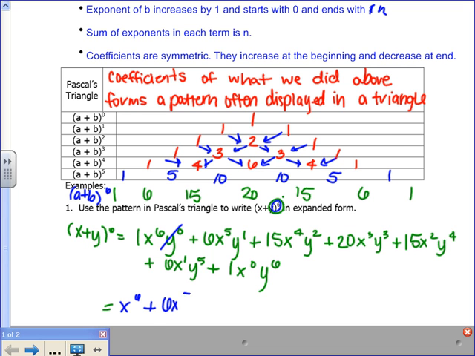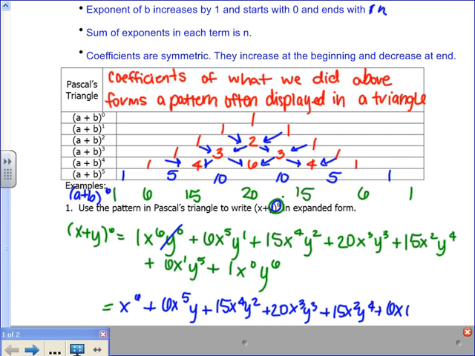Here I have 6x to the 5th, and then y to the 1st. Usually you don't see that first power there, so I'm going to clean that up and take that away as well. 15x to the 4th, y squared, just repeating that. Repeating the next couple actually. Whoops, I forgot my x. X to the 3rd, y to the 3rd, plus 15x squared, y to the 4th, plus 6x, again, we don't